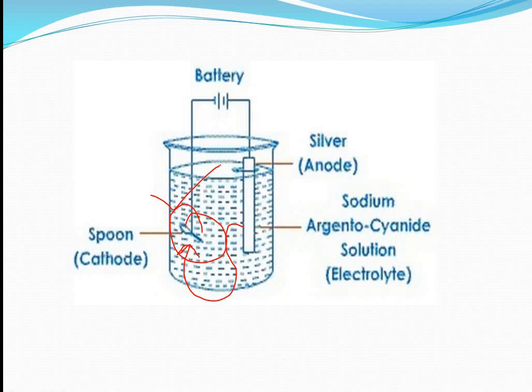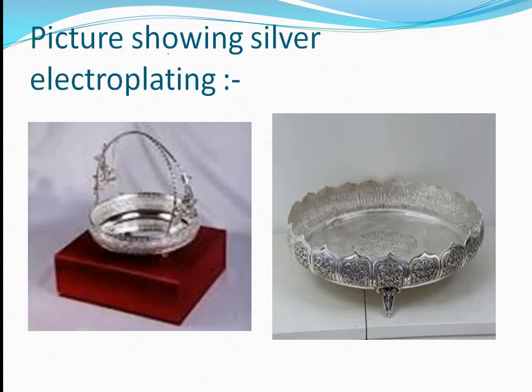Two topics are left behind. The first one is the electroplating of nickel, and second is the refining of the copper metal. So we are done with this chapter. Only two topics are left behind that we will do in the next video, and this is an example picture